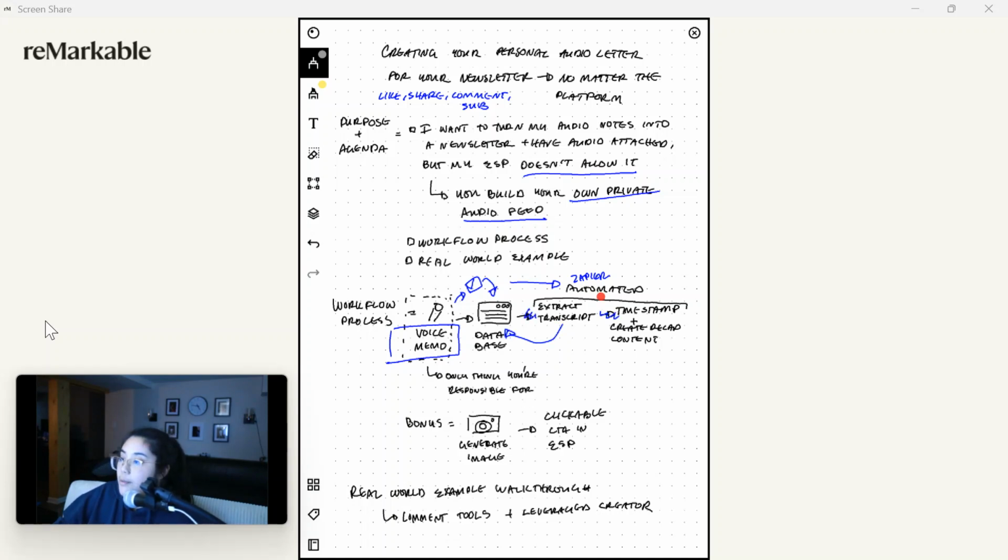But this Zapier automation that I created takes that email and extracts the transcript of the audio file that I created. It actually uses AI and automation to figure out the best timestamps to summarize. So if someone says, I just want to get to the point, they can use the timestamp and go directly to the content I'm talking about, at the specific time I'm talking about it. And then it creates the recap and sends it to a database, right?